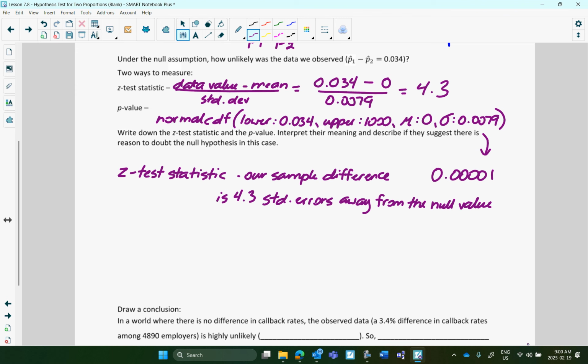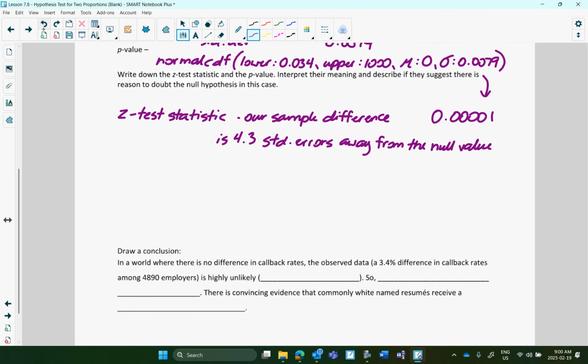And you may want to take a note of the interpretation of the p-value, because there was a challenge with interpreting this on the test that you guys just wrote. Remember, the p-value represents the probability of getting our sample proportion, in this case sample difference, or greater, assuming there's no discrimination. So in a world where there is no discrimination, so that's the null,